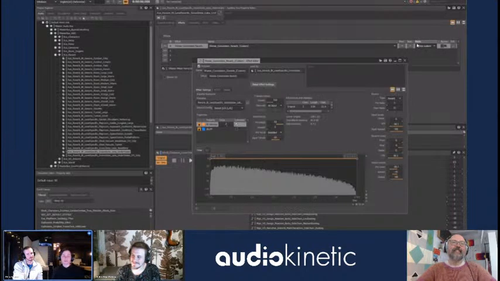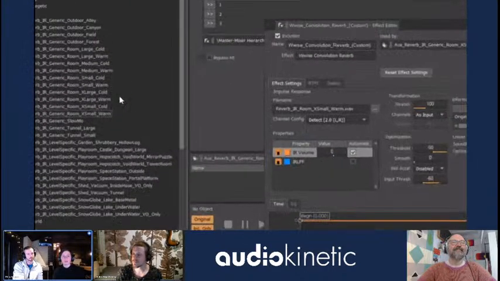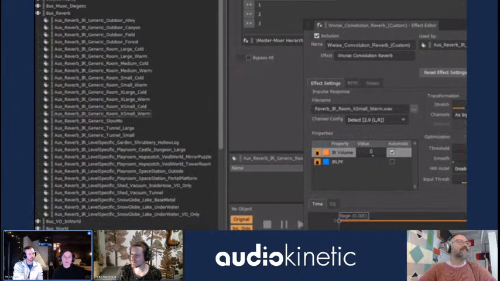And so what we did was to again try and share. Of course, it doesn't make sense to go so granular that you have one IR per room, but still to get some level of detail there. We have different kinds of rooms of different sizes, but also whether it's a cold room with a cold character or a warm room. We have different outdoor spaces. Is it a field? Is it a forest? Different tunnels, and it goes a little bit further when we needed something really custom,